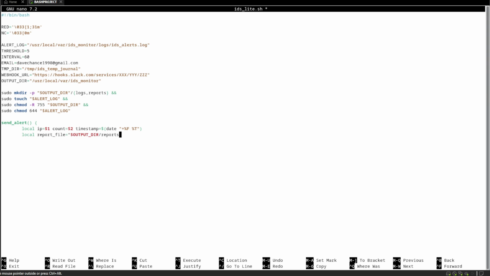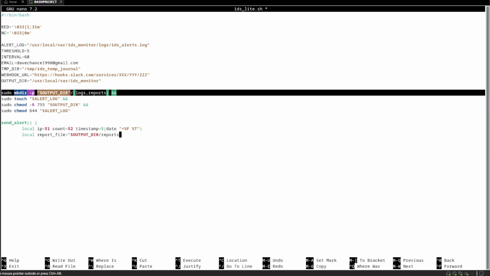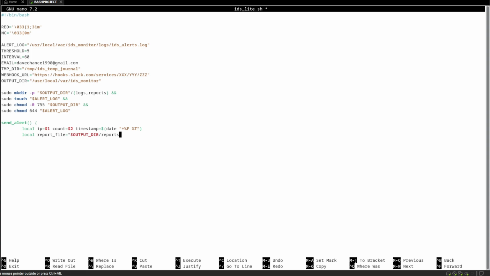So we're storing this report file in the reports directory, which is a subdirectory of the IDS monitor. You can look back in the script and see this line here, where I created the report subdirectory of IDS monitor. This is where our report file will be stored. And we slash again. So now we're there, we're going to create the exact file name. We are going to call the file alert